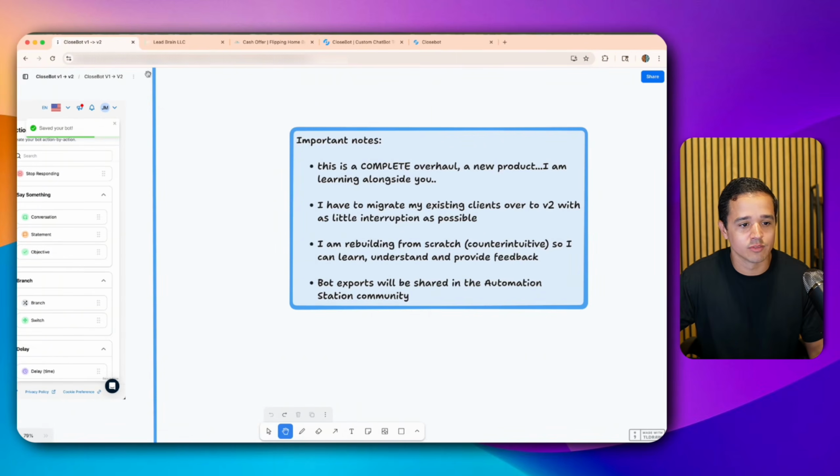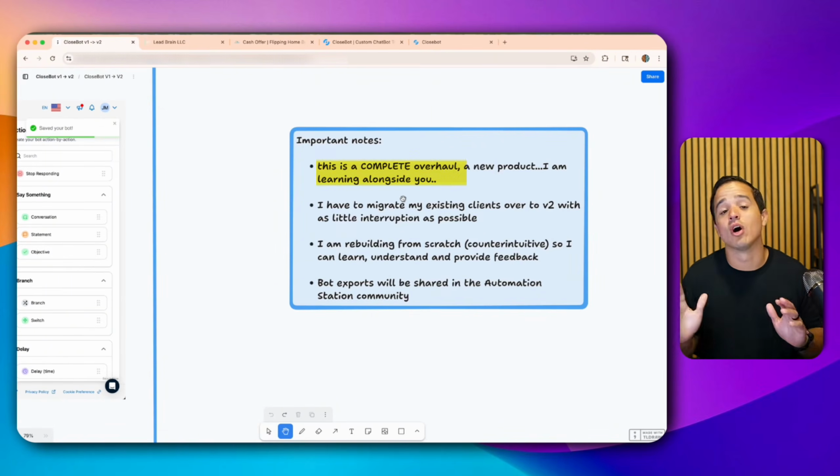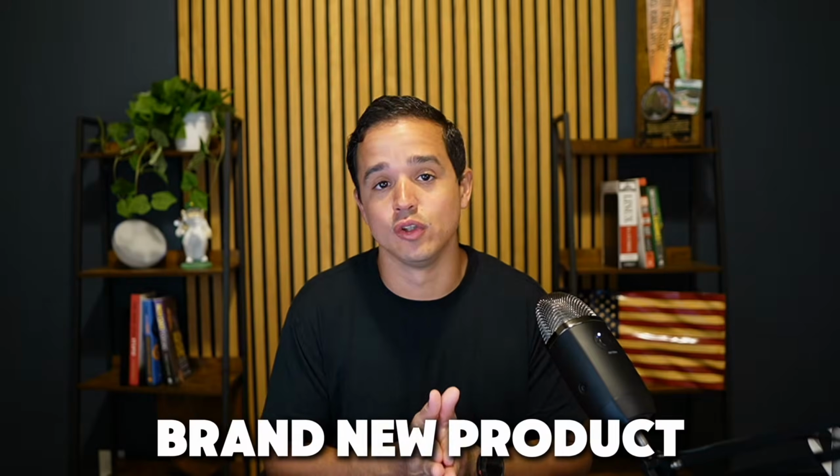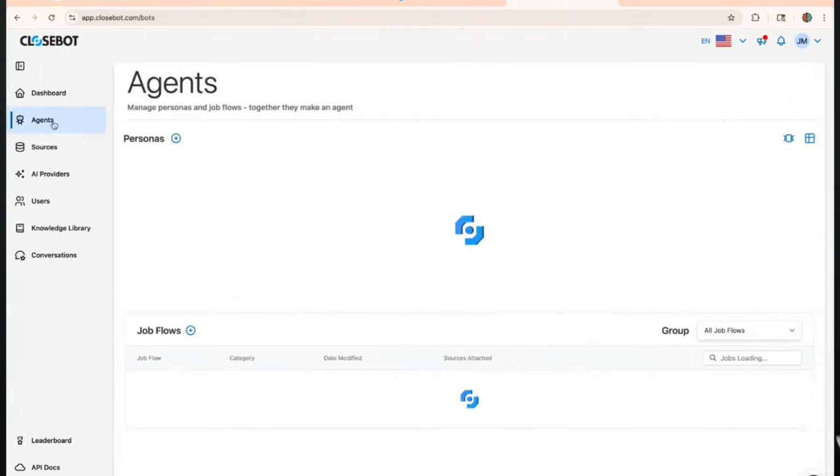So enough of that. Now, let's cover some important notes here. So this is a complete overhaul, as I mentioned. It's basically a brand new product. Bryce and Laura, the team over at CloseBot, the founders, have completely developed a new product. You know, CloseBot V1 was a little bit buggy. The interface was just kind of put together by Bryce and maybe a few other people, but now they've completely